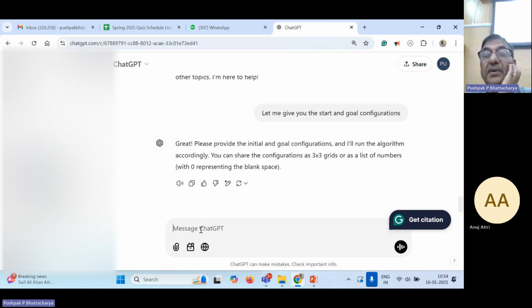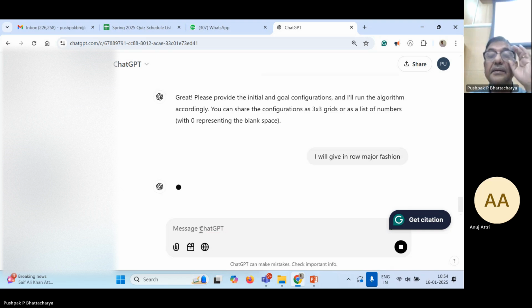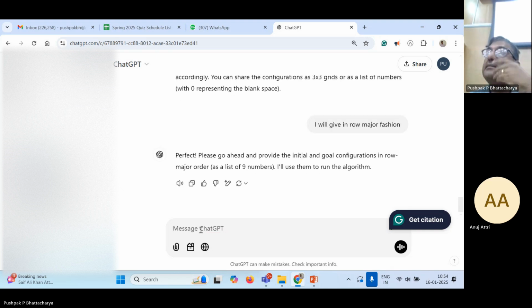Please provide the initial and goal configuration and I'll run the algorithm accordingly. You can share the configuration as a 3 by 3 grid or as a list of numbers with 0 representing the blank space. Great. So I will give it in row major fashion. Perfect, it says. Please go ahead and provide the initial and goal configuration in row major order as a list of